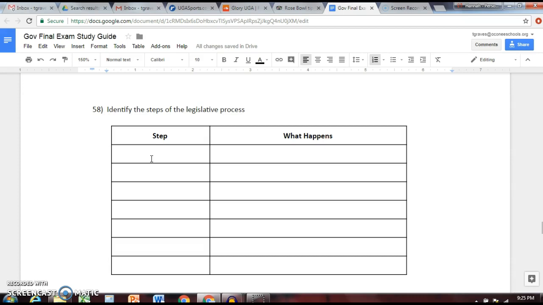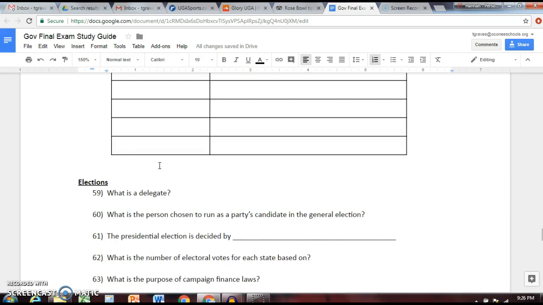If he vetoes the bill, there's still a chance for it to become a law. It'll go back to Congress. Remember I told you the bill is on life support, like it's on a breathing machine. It's probably going to die if the president vetoes it, but there's still a minor chance that it could survive, and that minor chance involves both houses of Congress taking another vote, and they have to get a 2/3 majority vote in both houses to override the presidential veto.